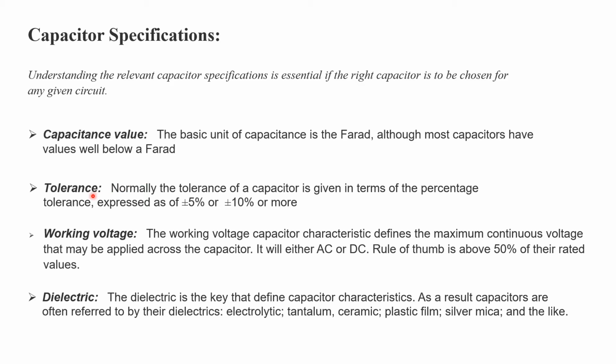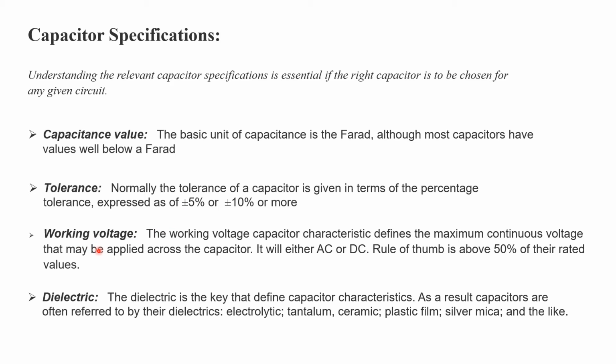Then similarly, tolerance. Each electronic device will have some tolerance, either with the size or their capacitance value or resistor values, because there will always be impurities present in the manufacturing process or some flaws in the manufacturing process. So you will get some tolerance. Here in capacitors also you will get somewhere around 5% to 10% tolerance.